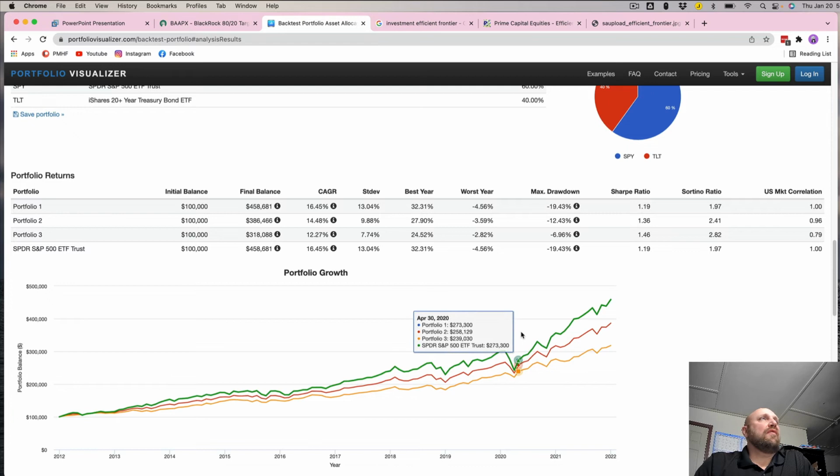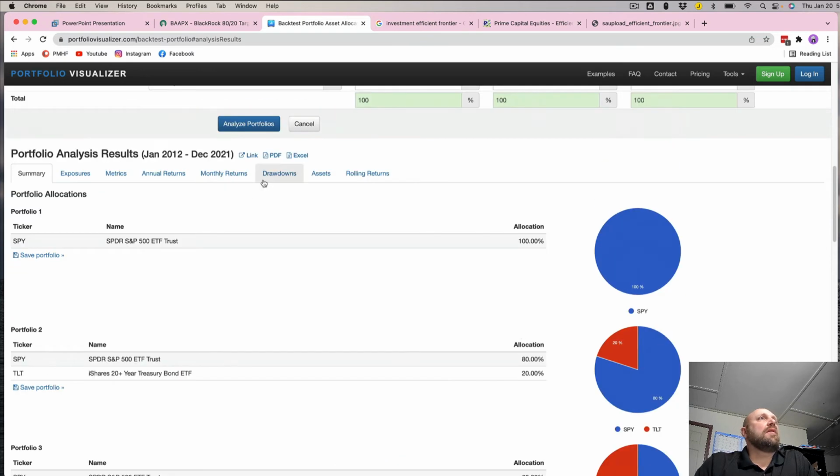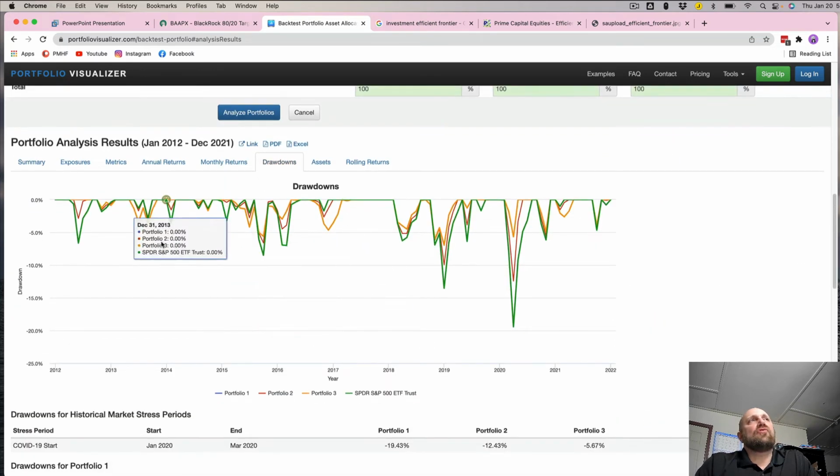Okay, so if we look right here, this is a picture of the drawdowns during that time period, 2012 to 2021, the last 10 years. And here's 6%, here's about 7 or 8%, here's still less than 15. We had one drawdown, and this was COVID, in early 2020 of almost 20%. This is measuring month ends. Okay, so this drawdown was actually worse than that from peak to trough, but this is just looking at rolling